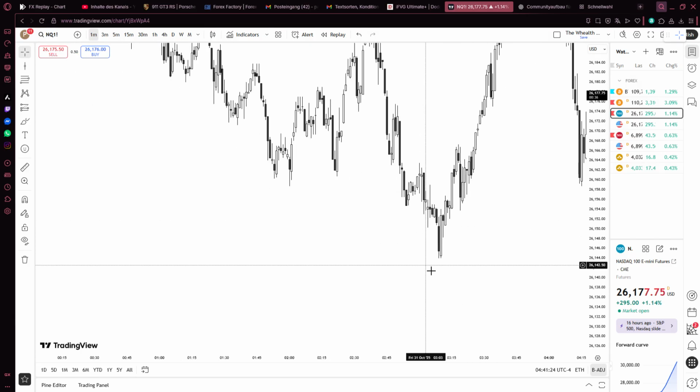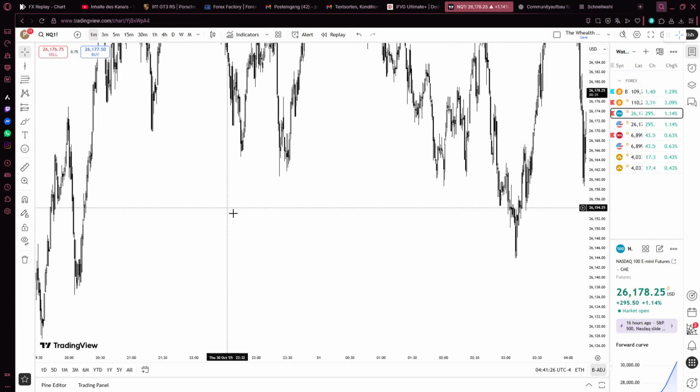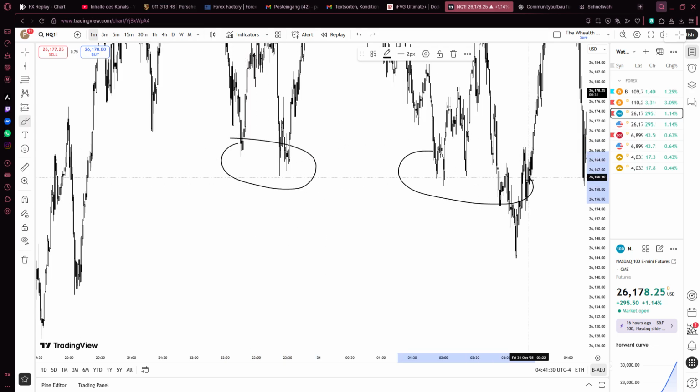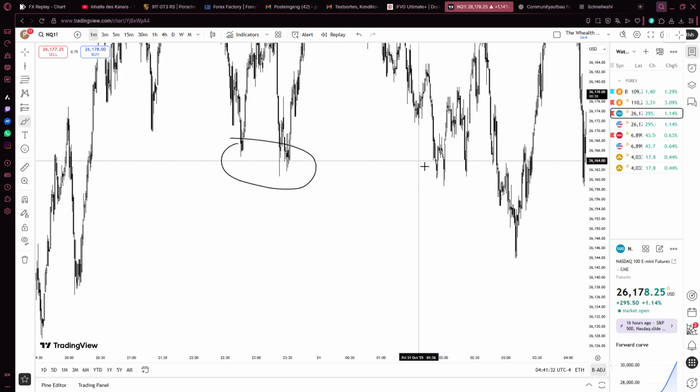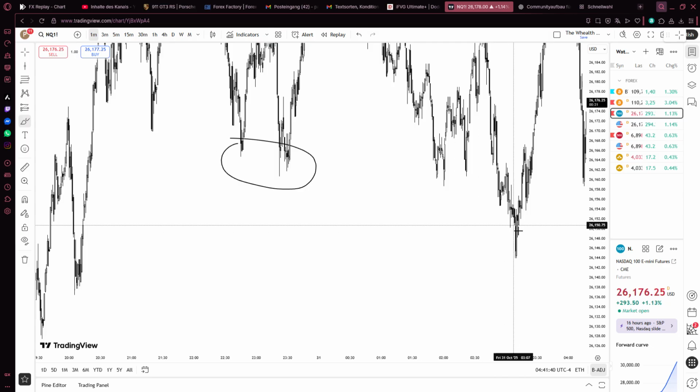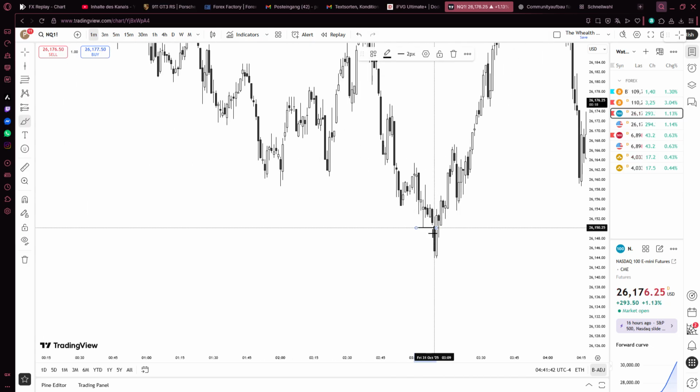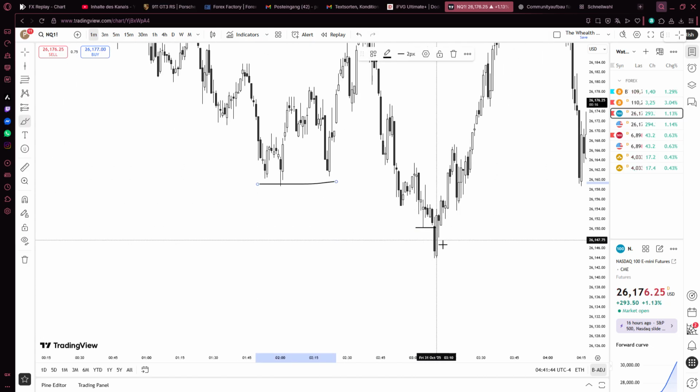Like in this example, we swept all of this liquidity, and I showed you what liquidity is in my last video. In my opinion, it's only valid if it swept liquidity. So it swept this liquidity, all this liquidity, and it's the